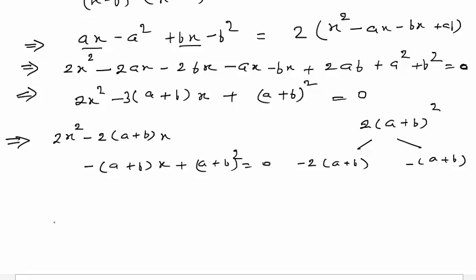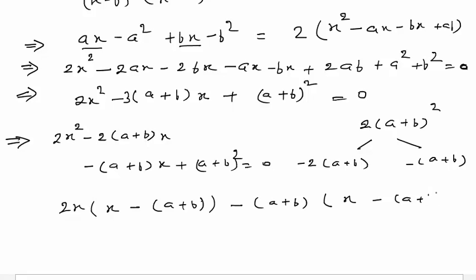So in these first two terms, I can take 2x common. So here I have x minus, in bracket I will say that a plus b, and here I will take a plus b common. So I have here x minus a plus b